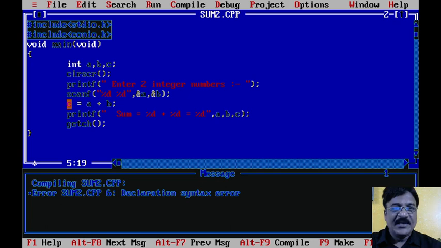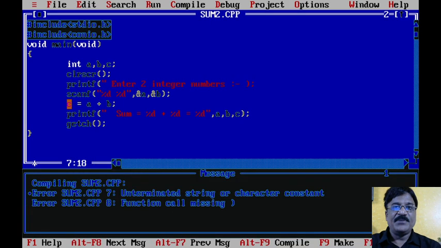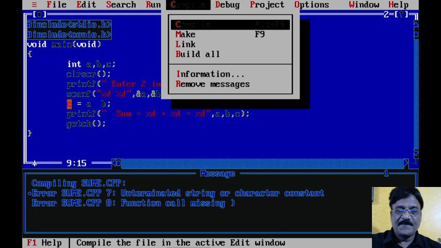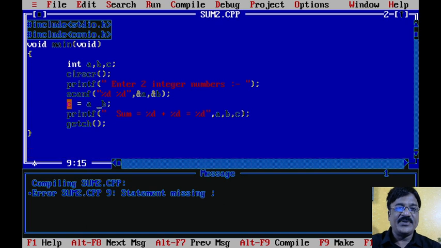Now if you forget to include the quotation, unterminated string, it means the string has not been terminated. Whatever message you write within double quotes is referred to as a string. So there is an unterminated string over there. Now assume you forget to give the symbol, again it is very difficult to debug exactly which error you have committed.